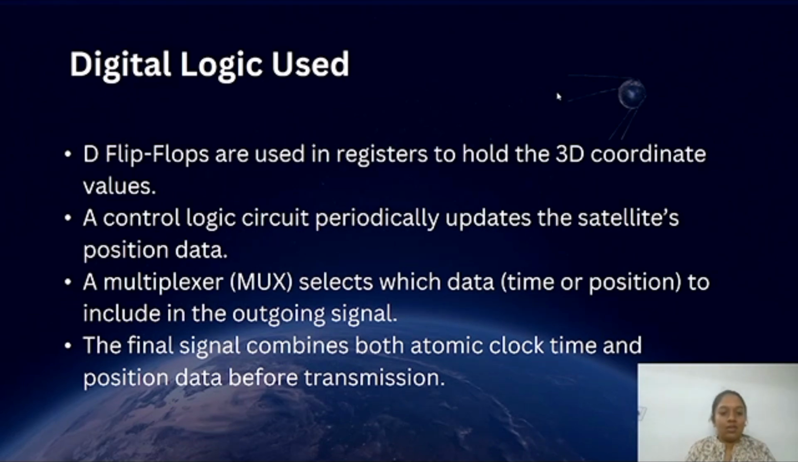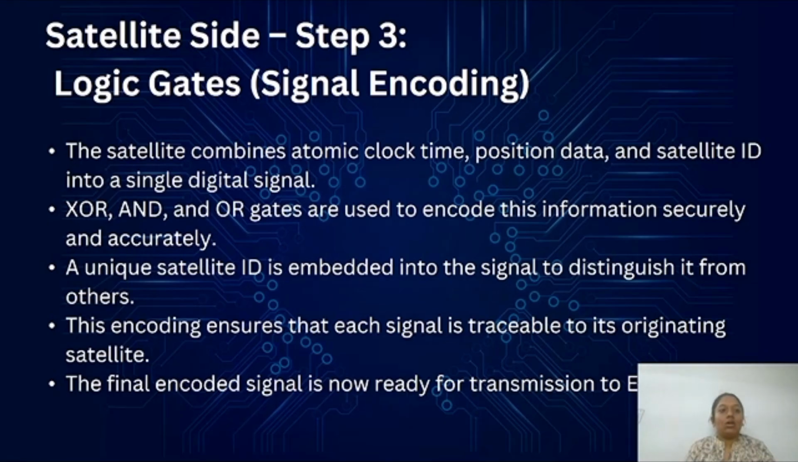Now let's move on to the next step. So next is step 3 from the satellite side, which is how the signal is encoded. The main goal of this encoding is to combine the satellite clock time, position register and satellite ID into a single signal, so that when the signal reaches the receiver, it can easily identify which satellite the signal came from, when it was sent and from where it was sent. So this process uses basic logic gates. So next is